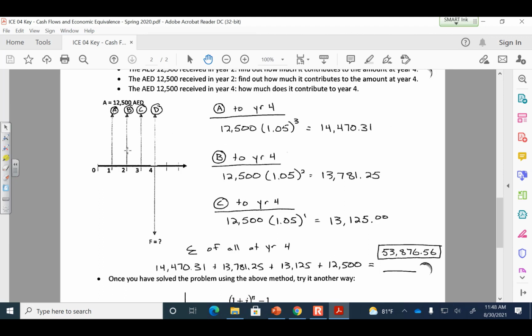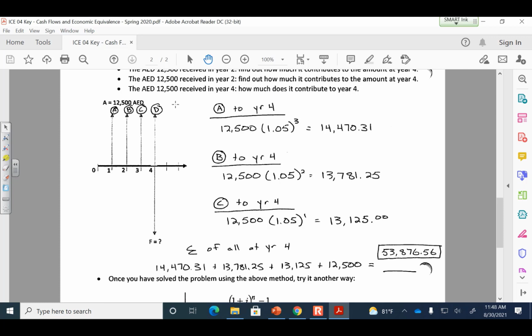And then we follow that same pattern with the other years, where this arrow at year 2 is only 2 years away from year 4. So I'm compounding it. The n is 2. And so that individual $12,500 amount compounds up to $13,781 over the course of 2 periods of compounding. And then a similar process with this amount at year 3. Now the $12,500 that I've got labeled D, that's already at year 4. So I don't have to do any calculations with that. It's already